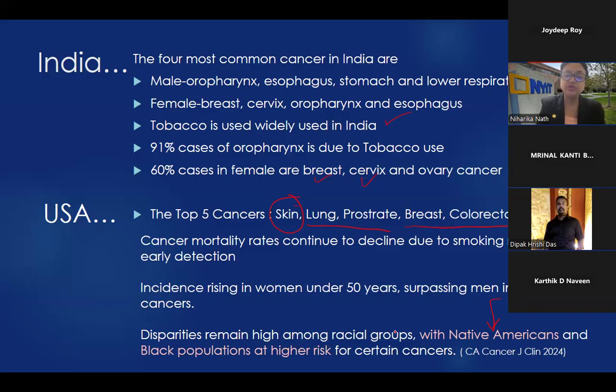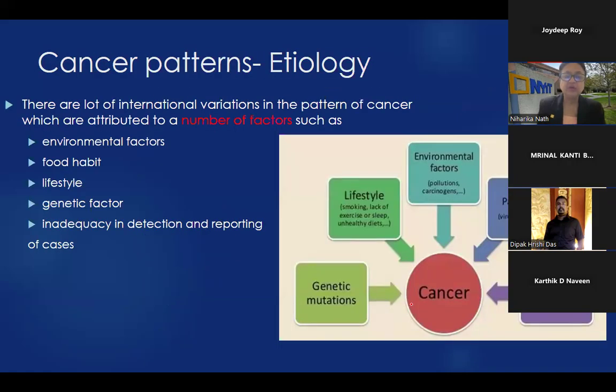So ethnicities and racial groups also lead to death, etc. Okay, now I do not want to spend too much time on this because I think I'm going over. So, cancer patterns. You don't have to just screen them. You should understand the etiology, which means the reason, that means the risk factors. Okay, so what are the risk factors? These are the risk factors: environmental, food, habit, genetics.